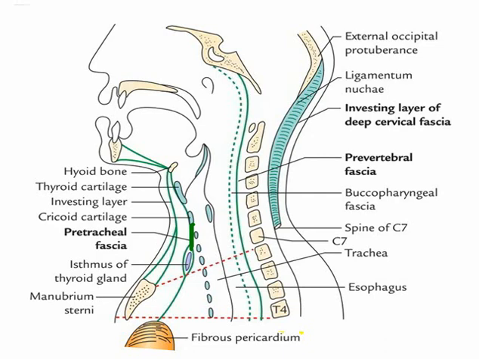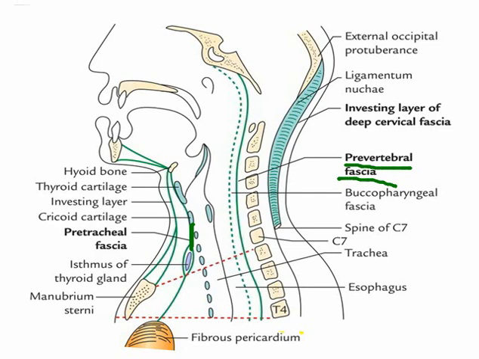Now, one of the most important things, the prevertebral layer. This is the prevertebral fascia, which is present just in front of the vertebral column, and here are the prevertebral muscles. This prevertebral fascia covers the prevertebral muscles.